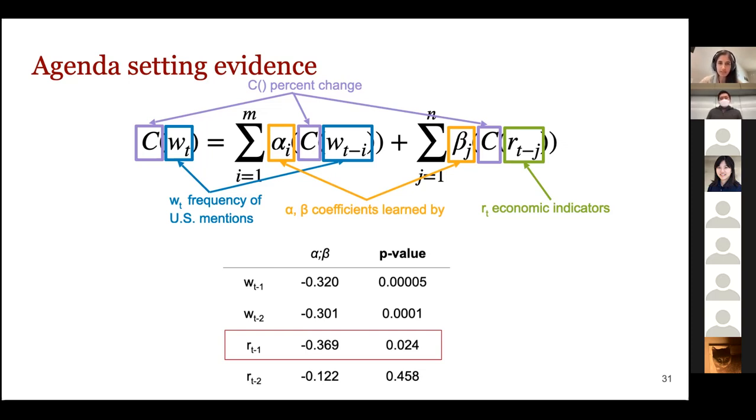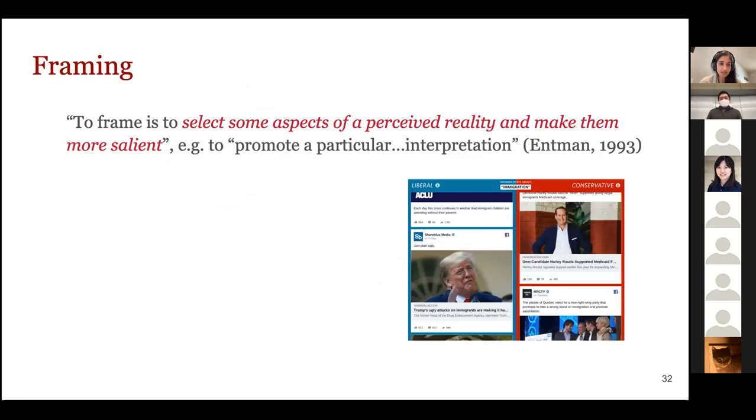But what this doesn't really tell us is why this is a media manipulation strategy. What are these articles actually saying about the US? Why is it useful to talk about the US during economic downturns? And so to analyze this, we want to do a deeper language analysis. And here we draw on the second part of the framework, which is called framing. And what framing focuses on is exactly this, how these topics are discussed. So framing can happen at different levels. What does that mean? How topics are discussed?